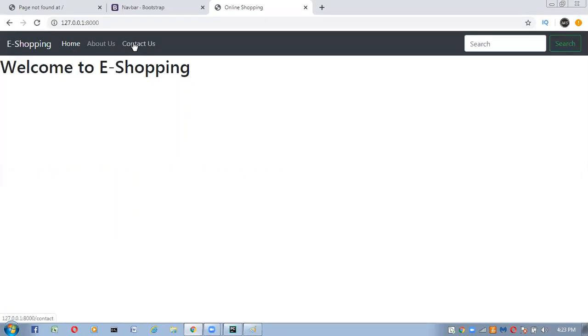Now if you click on this, you will get the same nav bar here also. If we click on about us, we get the same nav bar. If you click on the home page, you will get "welcome to e-shopping" like this.